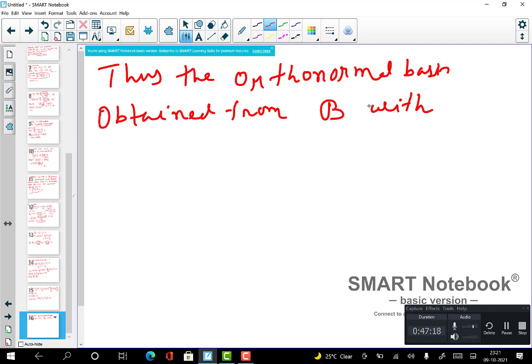Obviously, if you don't apply the Gram-Schmidt method, you can start with other vectors. For example, instead of choosing v1 equal w1, you can choose v1 equal w2 and do the process. Still you will have your orthonormal basis, but that will be a different basis. Okay, so with this Gram-Schmidt method,